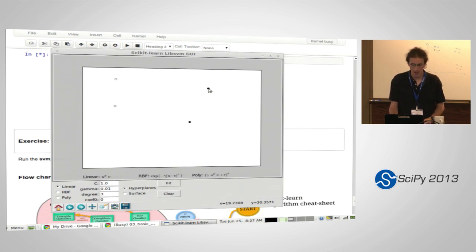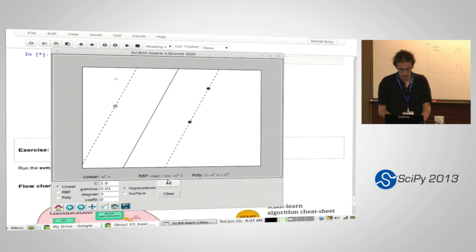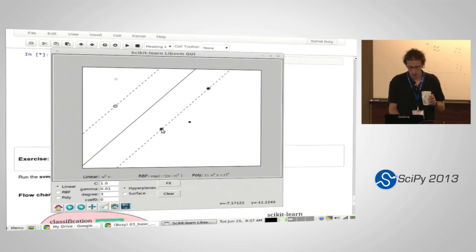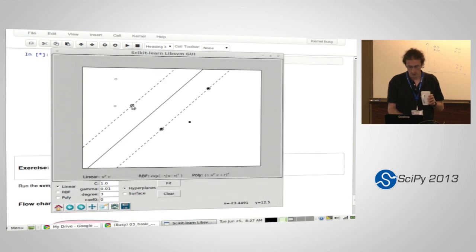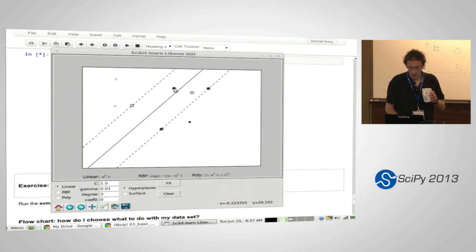Okay, so I've added 4 data points. And then I'm going to fit on it an SVM, a support vector machine. In this case, it's a support vector classifier because it's a classification problem. And then I can add new points, new data points, and I can see the decision rule changing. Are you all there? So I've just changed a bit the type of